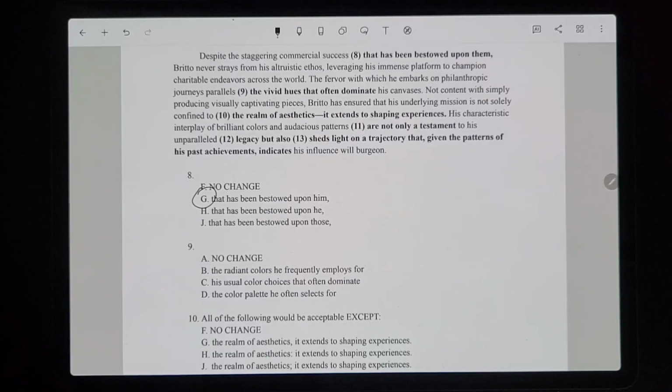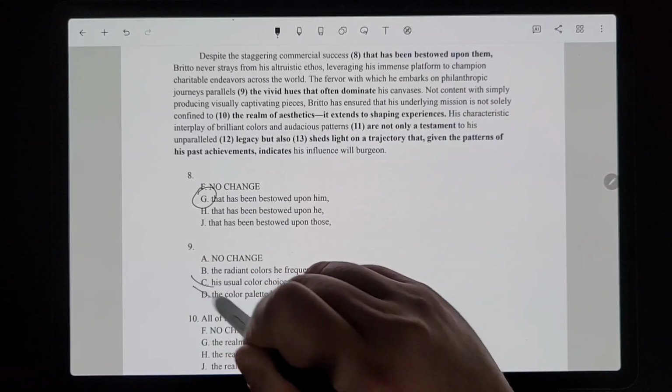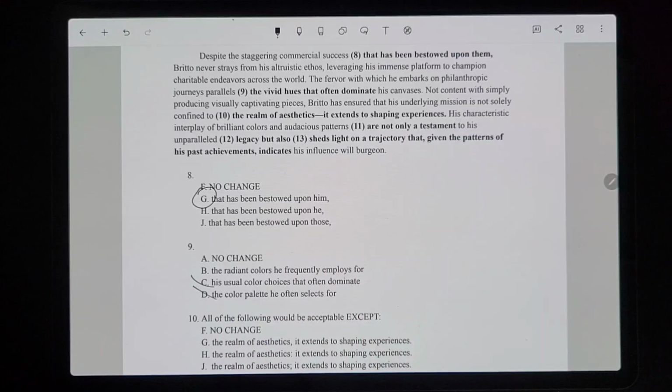The fervor with which he embarks on philanthropic journeys parallels the vivid hues that dominate his canvases. So I definitely wouldn't say usual color choices or the color palette he often selects. Those aren't as obnoxiously worded as the other ones.